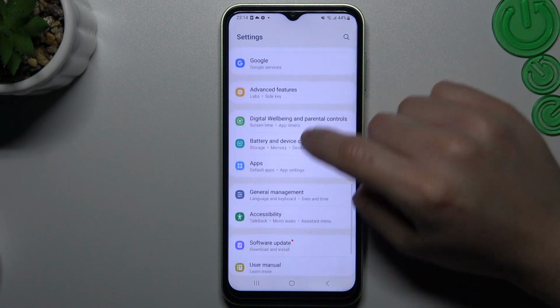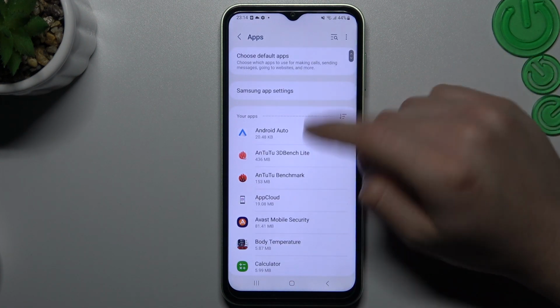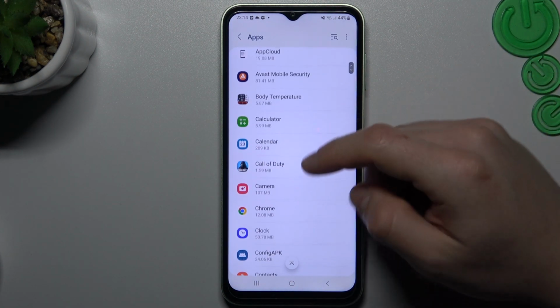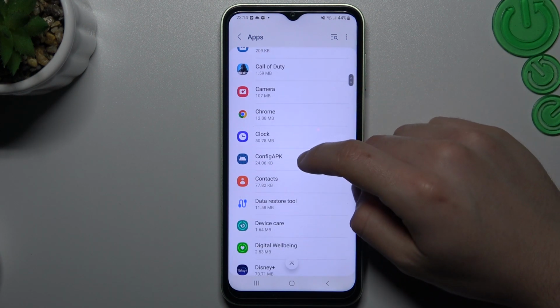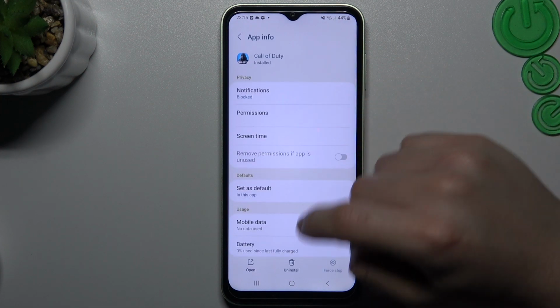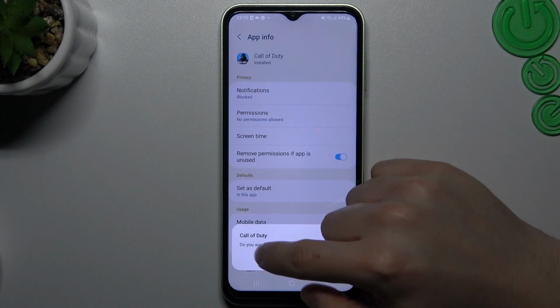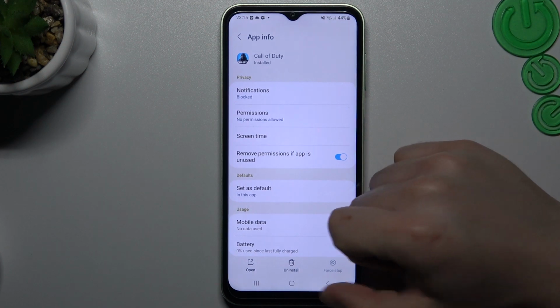So we have to open the settings and go to the apps. Now check the app list, and if you see something strange on this list, an app that you have not installed, just tap on it, click on uninstall, confirm it by OK, and that's it. After that, go to the